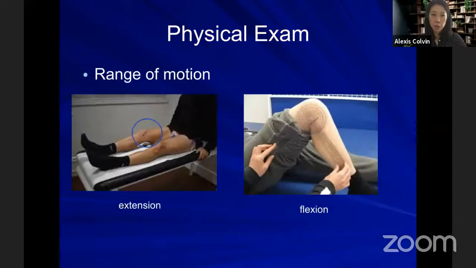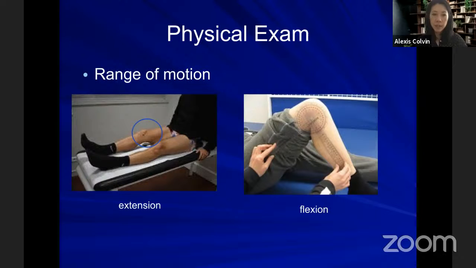The second thing I'll check for is range of motion. With the knee, there's not a lot of range of motion. It's either extension or flexion. There's not much movement in the side to side planes. So if you look at the picture on the left with the blue circle around the knee, what you can